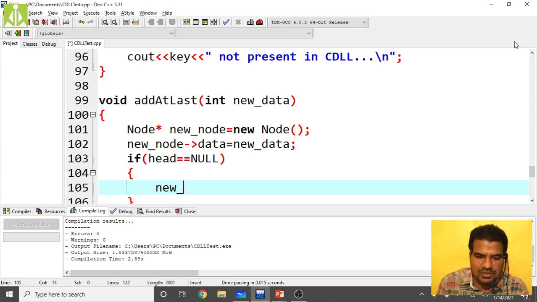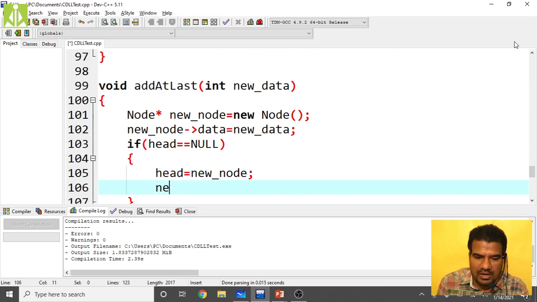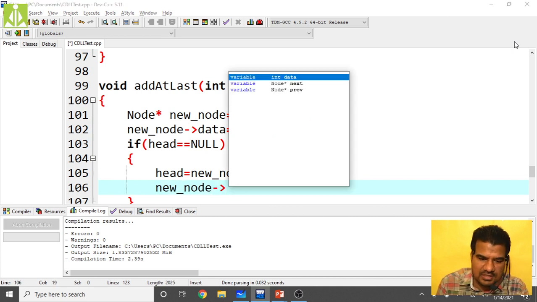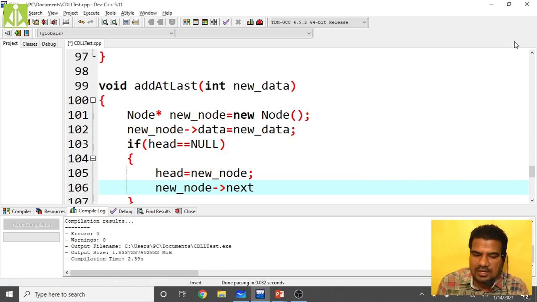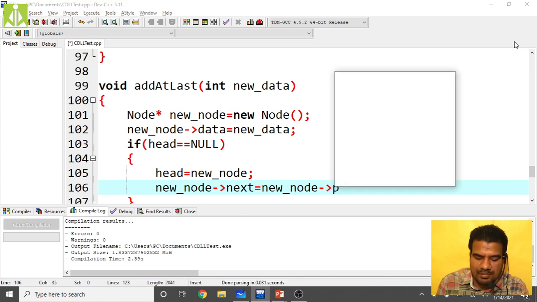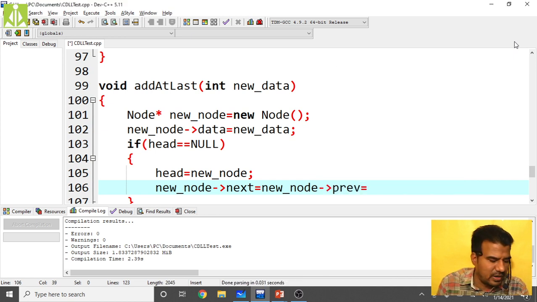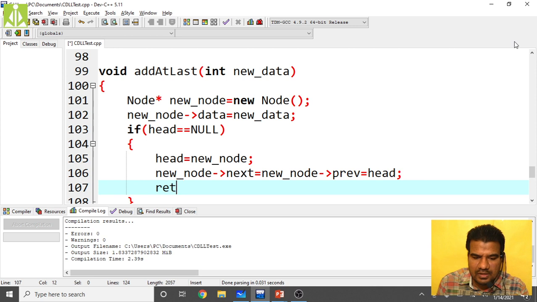So first you make head equals new_node, then new_node of next equals new_node of previous equals head. Okay, head or new node, like that also you can do. Then return.